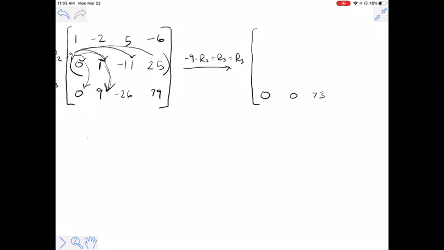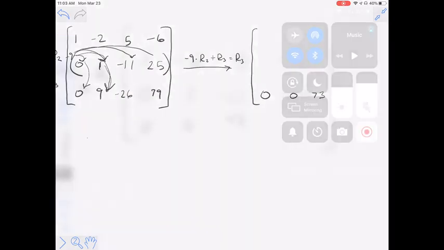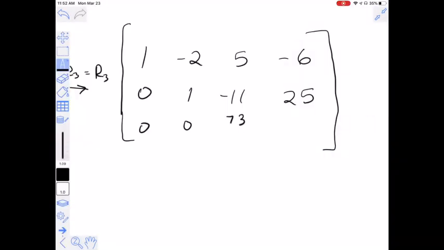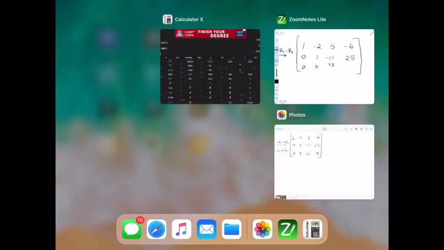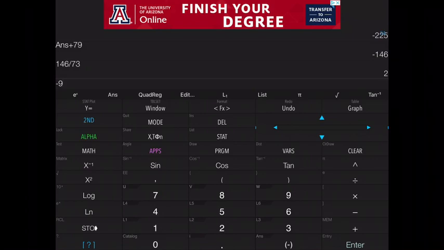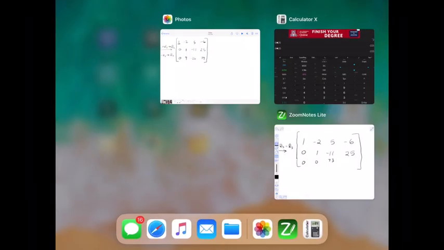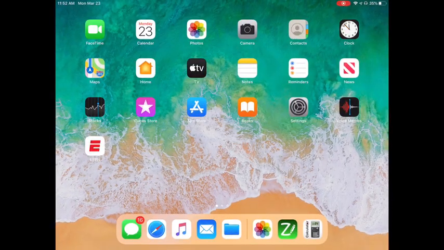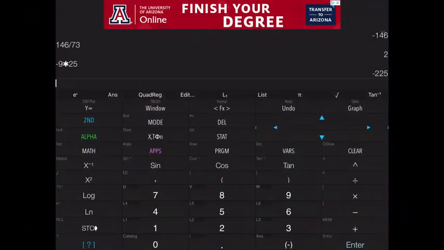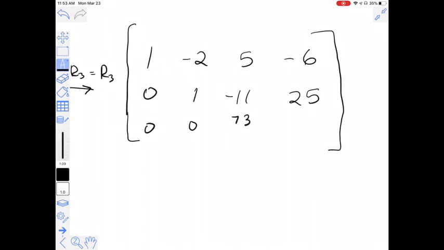And then -9 times 25. Okay, so we get the calculator. -9 times 25. So that's -225. But then we add that to the entry in row 3, which is 79. So -225 plus 79 equals negative 146. Okay,